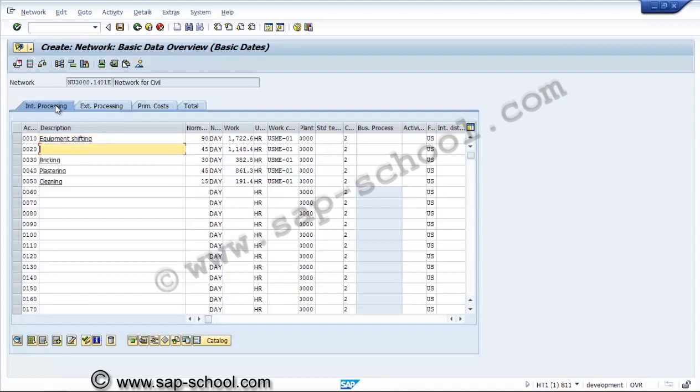We take them one by one. So now automatically the work will be recalculated.